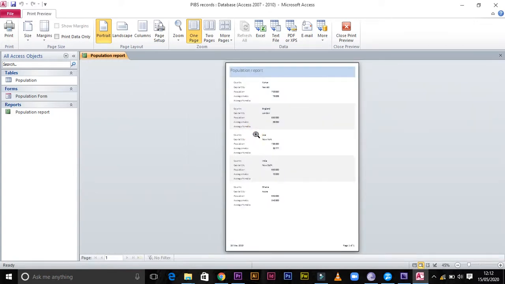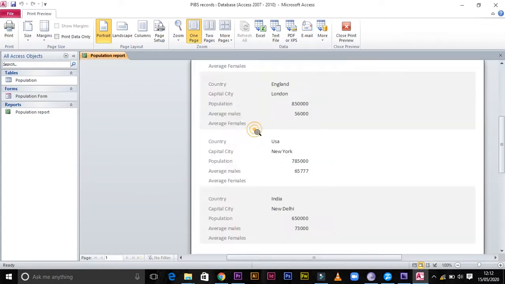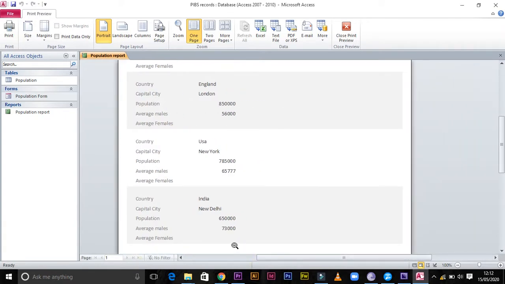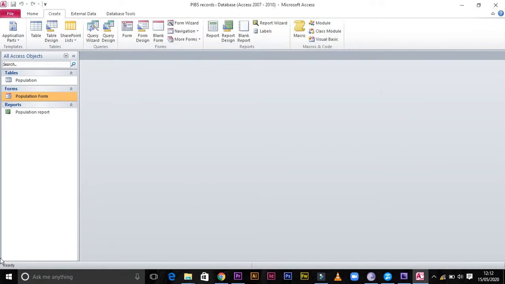The difference between a form and a report: a form can be used as a data entry, but a report cannot be used as a data entry. So you have to put that in mind. So you just close it here. The other object that you can create using Microsoft Access, we've said that is a query.